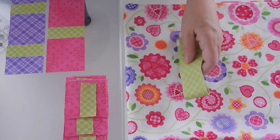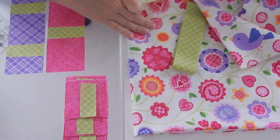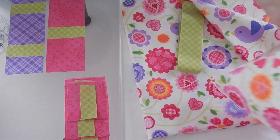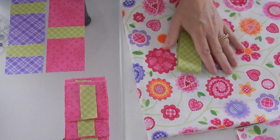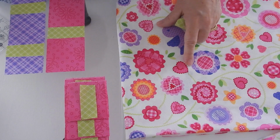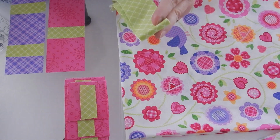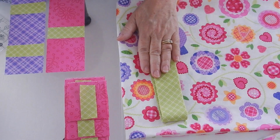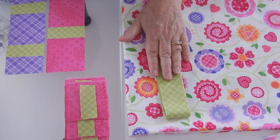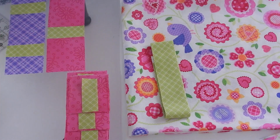We need one piece of background fabric, which is, let me get it out here, which is 5.5 by 40.5. Then we need another piece of our background, which is this one, which is 25.5 by 40.5. Then I chose one green strip, which is 1.5 by 40.5. And then these are what's going to make the